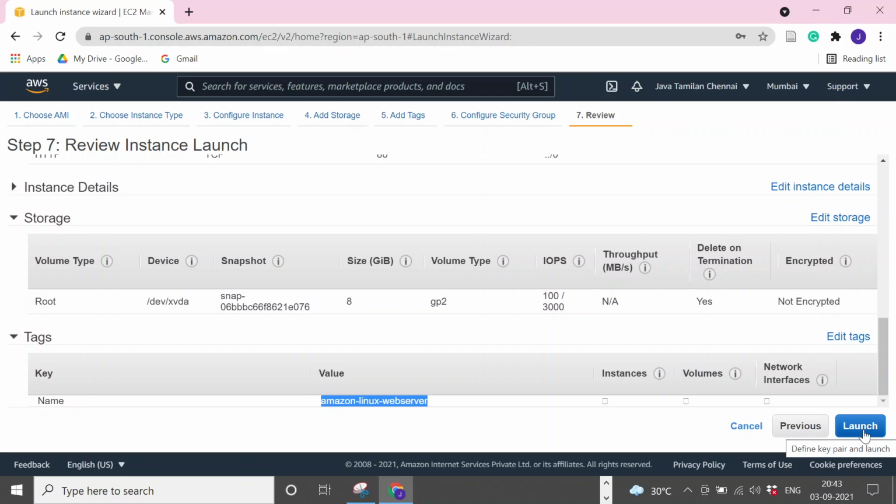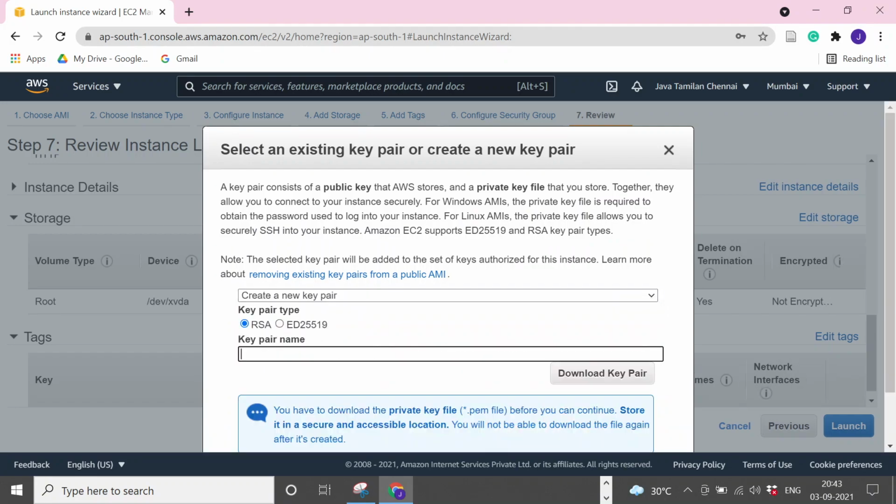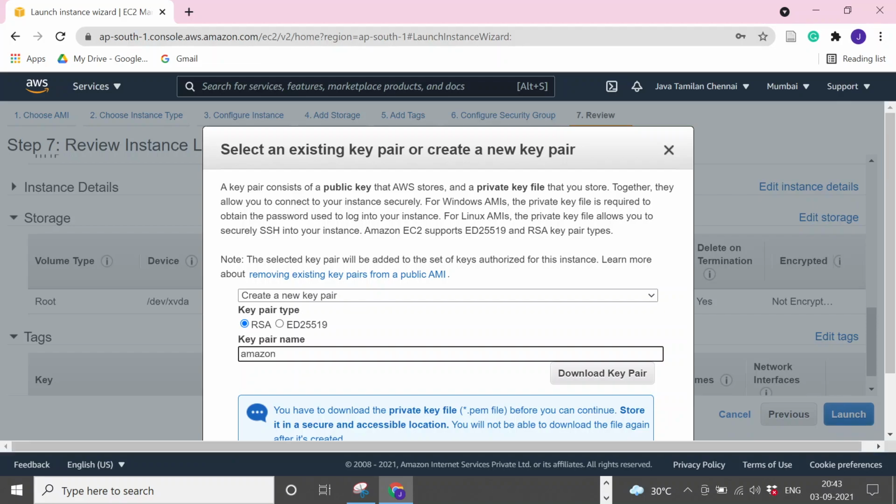There I have to give one key. I have to select something like create a new key pair, RSA. I can give a key value, any kind of identifier. So this acts as a key. Here we refer to it as a key pair because it consists of two keys. One is the private key that we will be downloading, and one is the public key that will stay with AWS. So I am selecting the name Amazon web server,